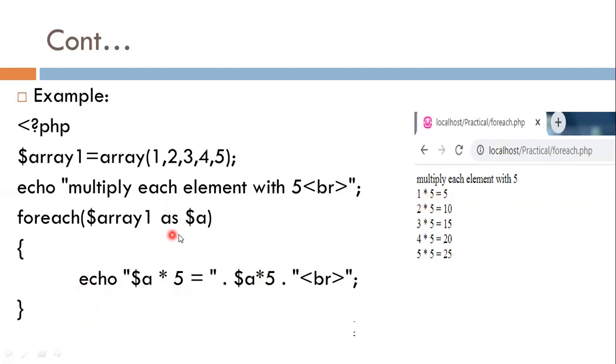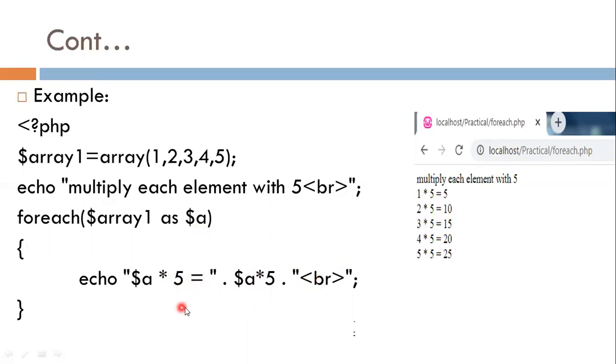After completion of the echo statement for the first element, the value of $a becomes 2. Now the same statement is repeated for the element 2. 2 into 5 is equal to 2 into 5. 2 into 5 means 10. So the output is like this: 2 into 5 is equal to 10. Now again, after completion of this statement, the value of $a becomes 3.